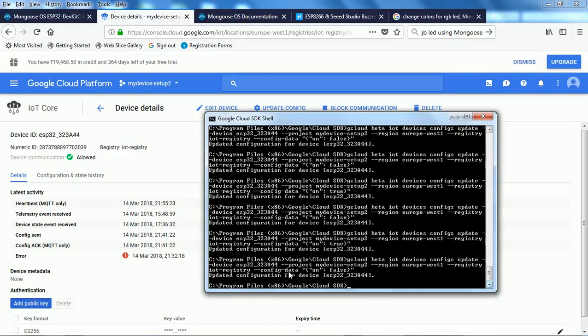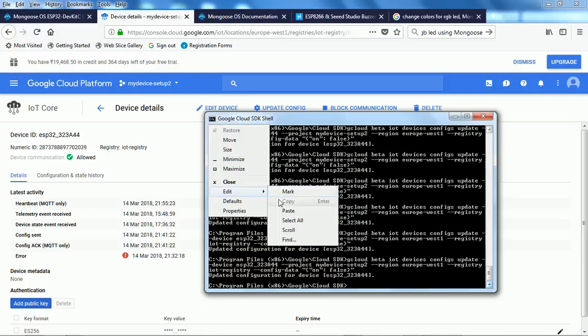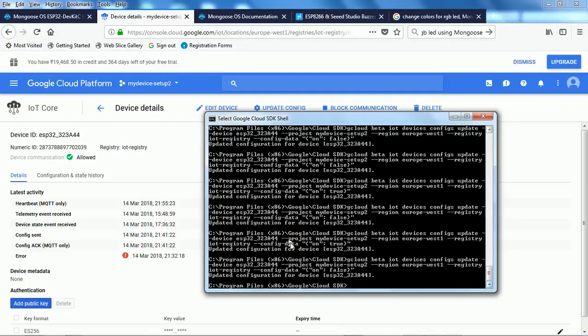Then the config data, because now I want to control the configuration, I want to change the configuration. Here I am passing it in JSON format. This is a string, on and false, so this is that obj.on. Either it could be true or it could be false. Let me mark it here, so you will understand what I am saying. This is true, and here this is false. If it is true, then the LED will glow, and if it is false, then it will not.